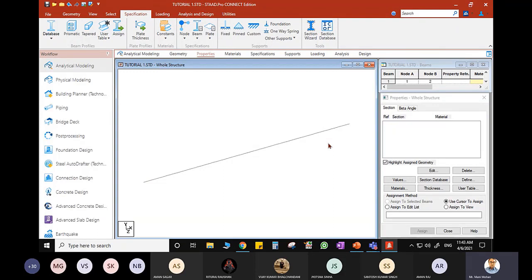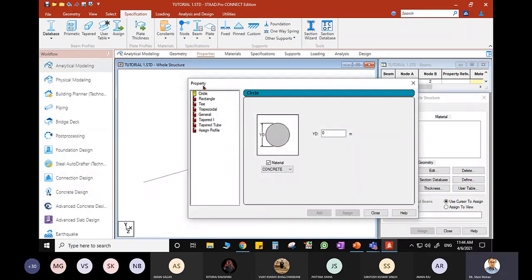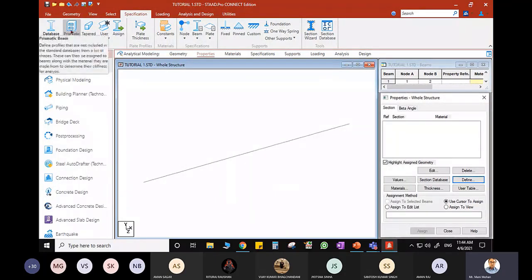And of course, what is the material which comprises of that particular section. And if I click here, say for example, I need to define the material. Of course, I need to click define. Here are showing properties. You have prismatic section property like circle, rectangle, T. These are prismatic section, and the same dialog box you can get from here also.